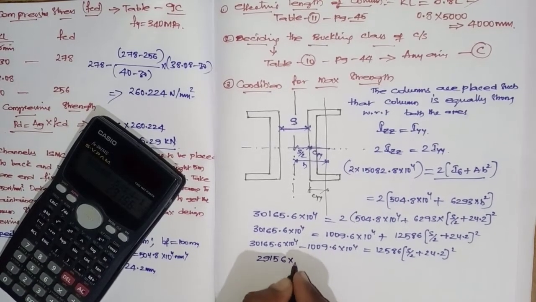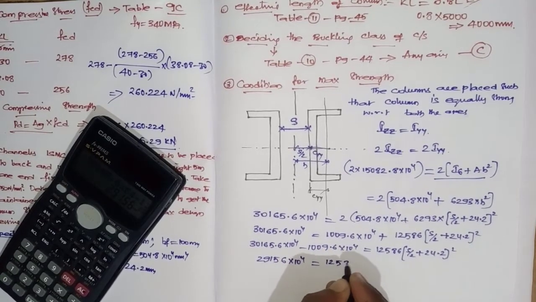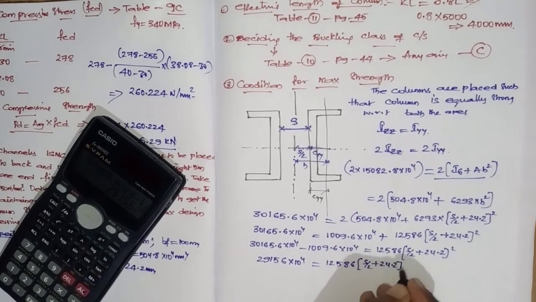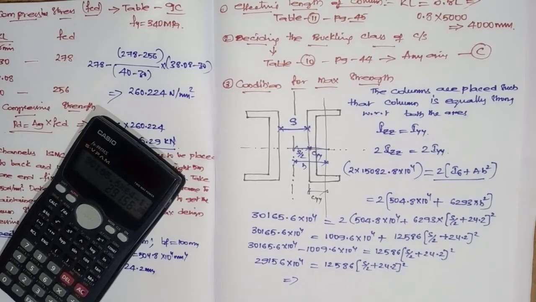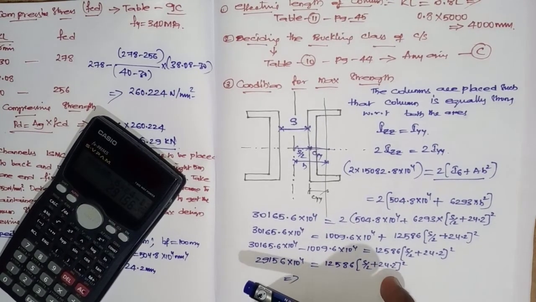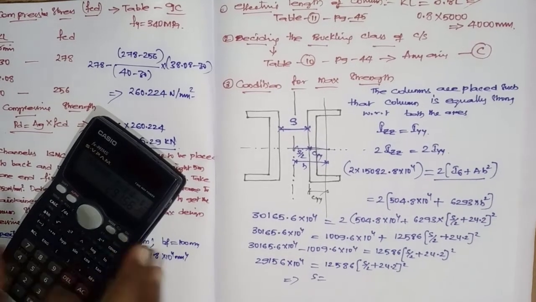29156 into 10 power 4 equals 12586 into (S by 2 plus 24.2) square. On solving, this is in the a plus b whole square format. If I substitute that separately and calculate, I will be getting